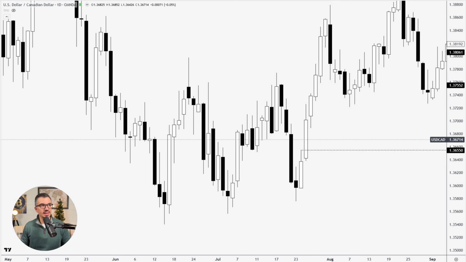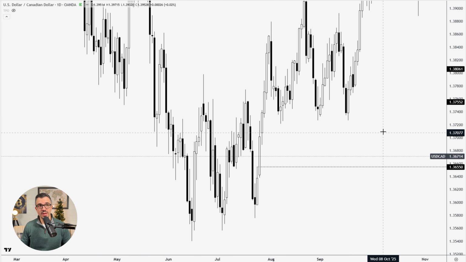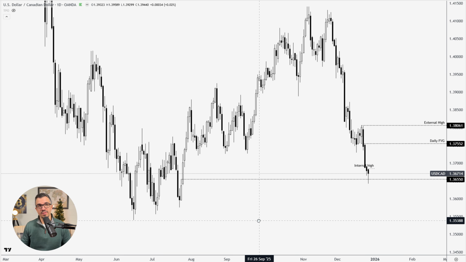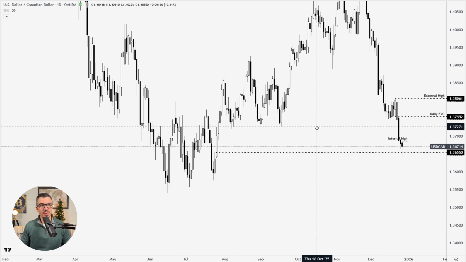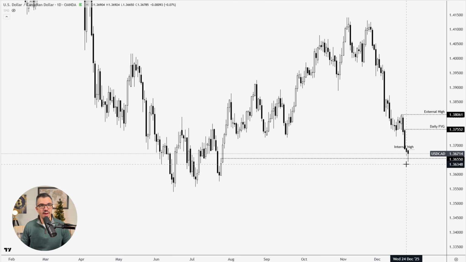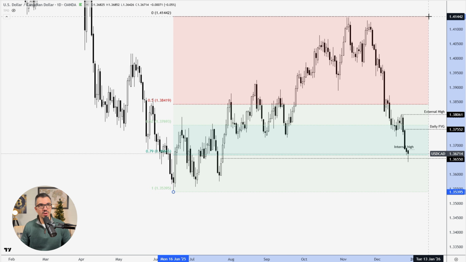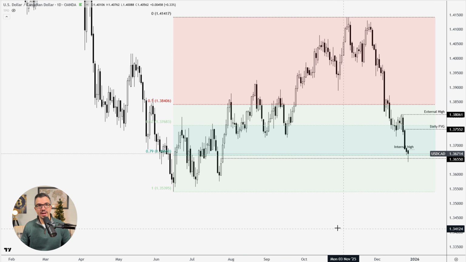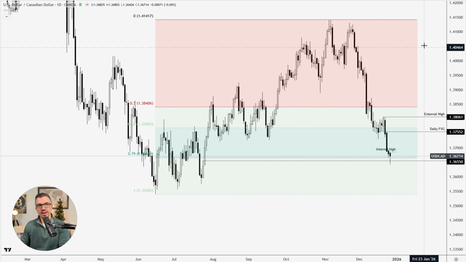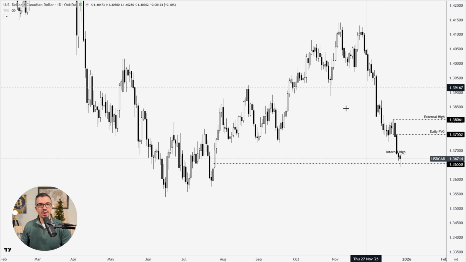Okay, so this is a significant area and a really significant moment for this chart, and really for the dollar for that matter, just because if you'll notice, we did come back here into this area, and if you look at the daily as well, and you draw your fibs from the low down here to the high, you can see where we're sitting right at the lower band of that OTE. Okay, so a significant moment here for the dollar CAD, and what I'm looking at here, obviously we have an